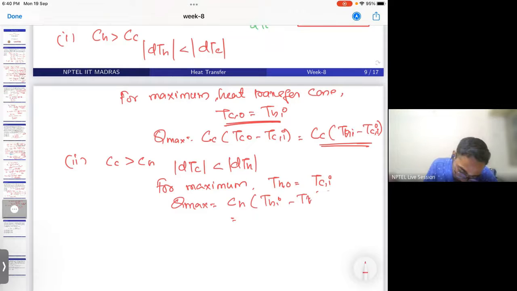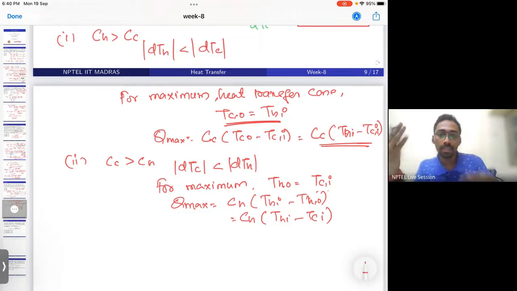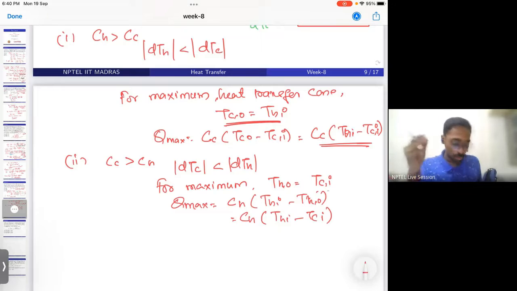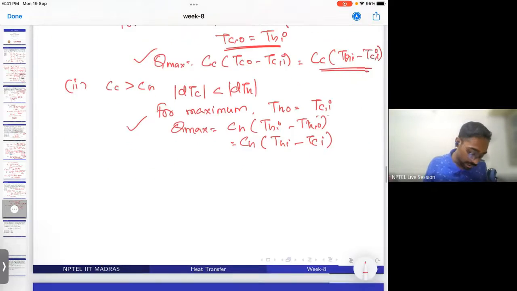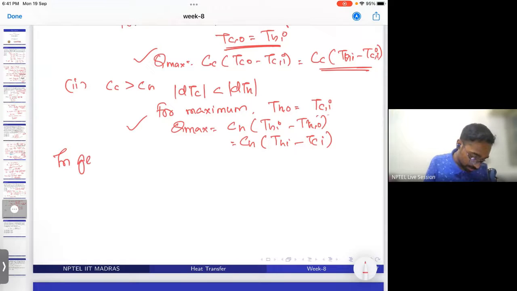THI minus THO. So CH into THI minus TCO. You see, this temperature difference, both are same. So the maximum possible temperature difference is, in both the cases, the same, that is THI minus TCO. So in general, we can write for maximum possible heat transfer,